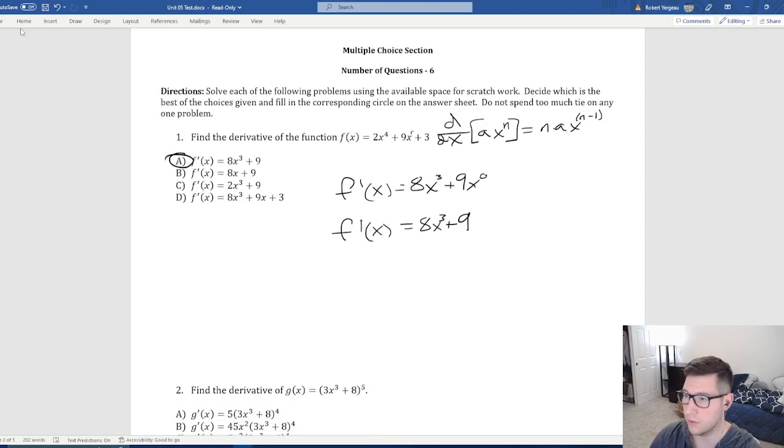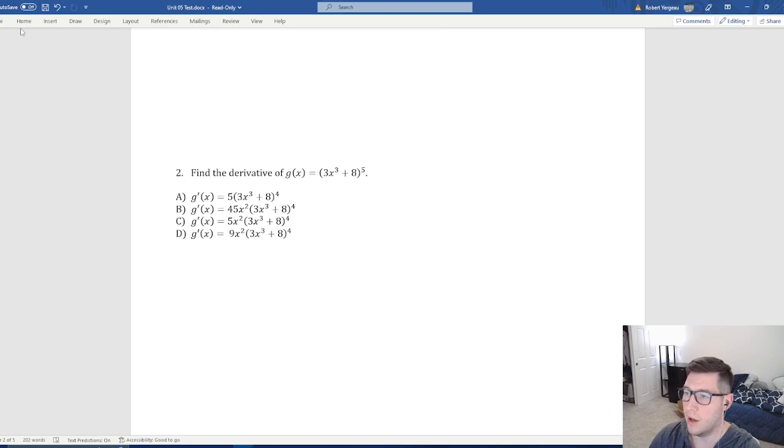All right, let's take a look at number 2. Now, I am looking to find the derivative of g of x is equal to 3x cubed plus 8, all to the 5th power. Now, taking a look at this, there's actually 2 functions happening here. There are 2 functions, and specifically this is composition. And so as we've talked about